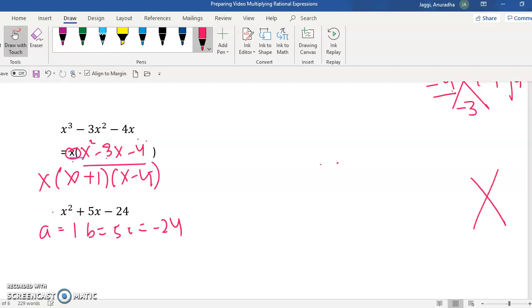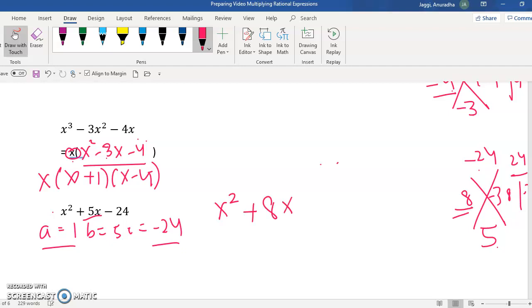I use the X method, and A times C is a negative 24 and B is a 5. So again, you can factor 24 and you will see that 8 and negative 3 are those two numbers. So 8 and negative 3, the product becomes negative 24 and the sum becomes 5. So I'm going to just write it down, splitting up the middle term. X square plus 8x minus